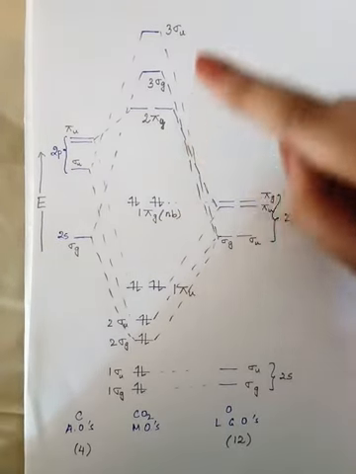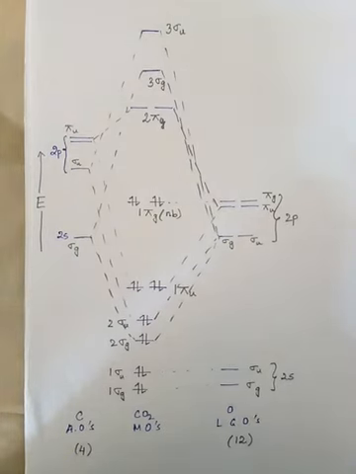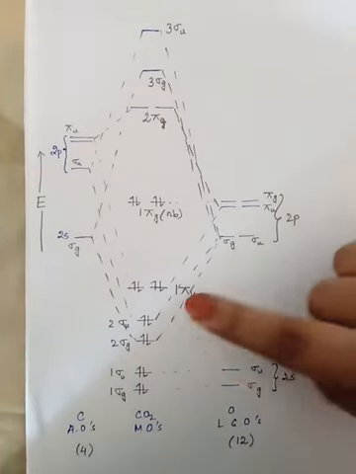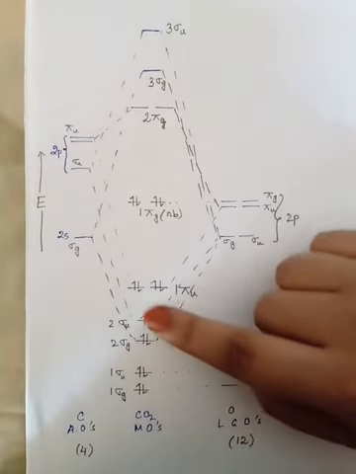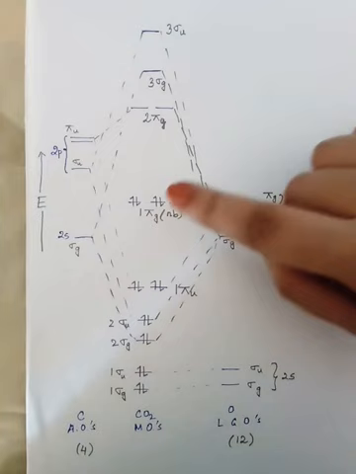So this is regarding the formation of the molecular orbitals. Now coming to the electron filling. How many valence electrons do we have to fill in? Carbon has 4 valence electrons and each oxygen has 6 valence electrons, which leads to a total of 4 plus 6 plus 6, which is 16 electrons. As you can see, I have filled in the electrons: 1, 2, 3, 4, 5, 6, 7, 8, 9, 10, 11, 12, 13, 14, 15, 16.